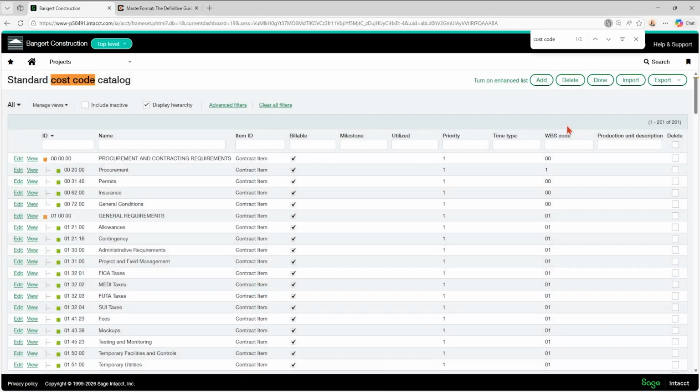But there's quite a lot of information that needs to go onto that template. You need to make sure that you have your numbering structure in place. And then you want to make sure that you have your cost types locked down before you bring that in, because you don't want to have to go ahead and add all those cost types after the fact. So in the next video, we're going to take a look at our cost types.